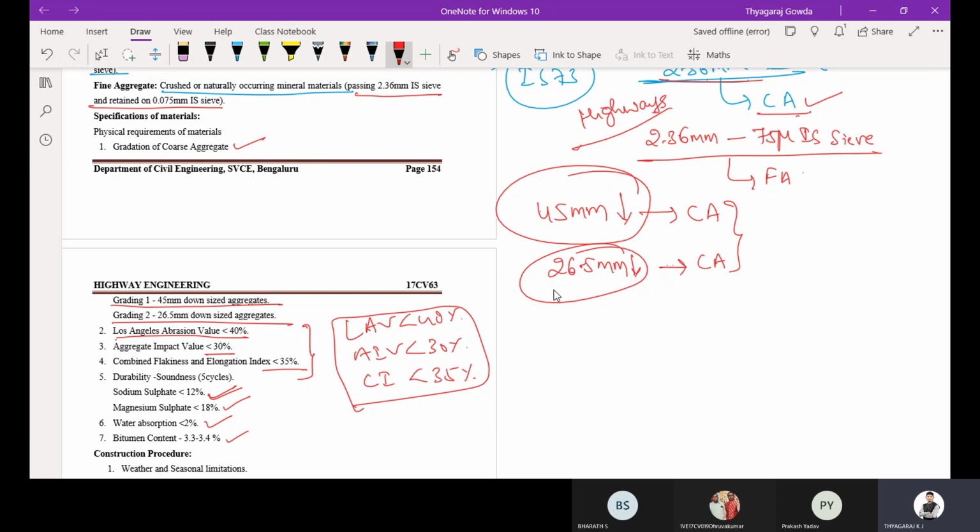Then water absorption should be less than 2%, and bitumen content is 3.3 to 3.4%. These are some specifications of the materials. Okay, is it clear? Any doubts in this? No, sir. Okay.